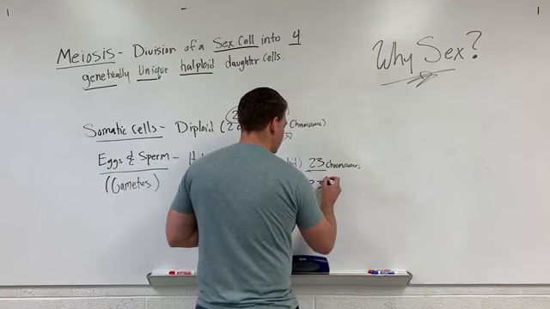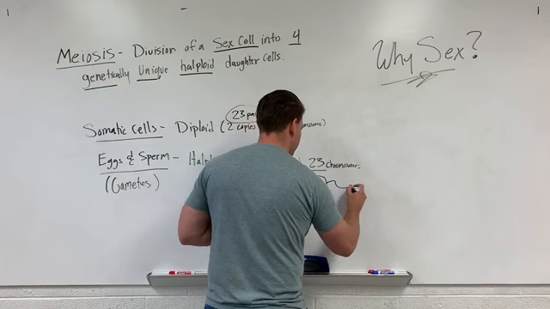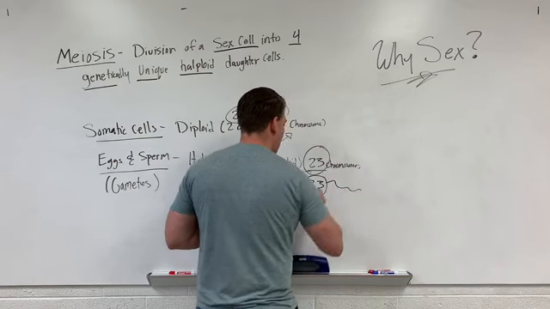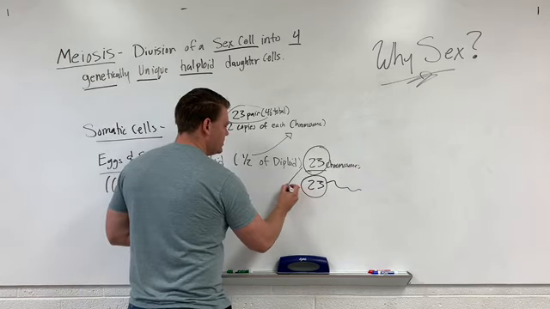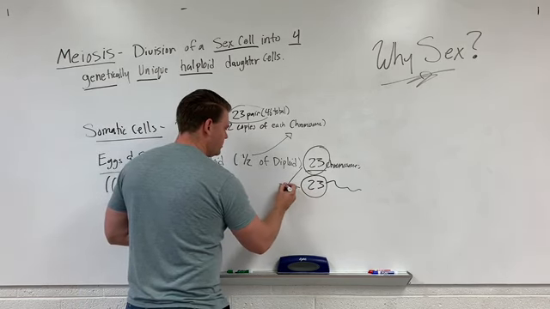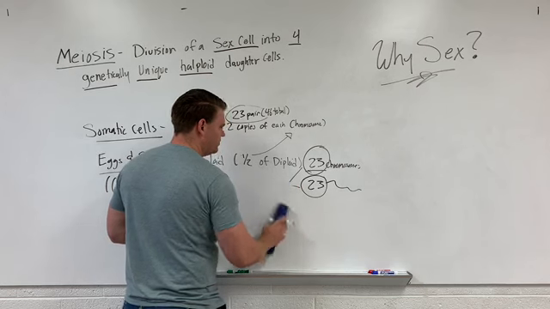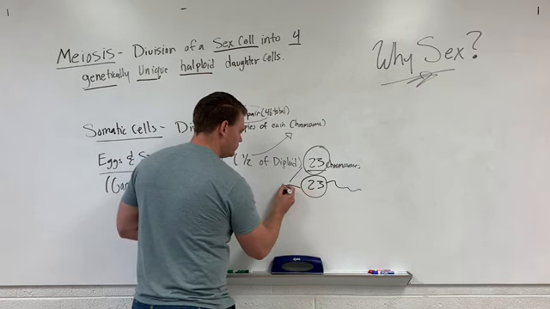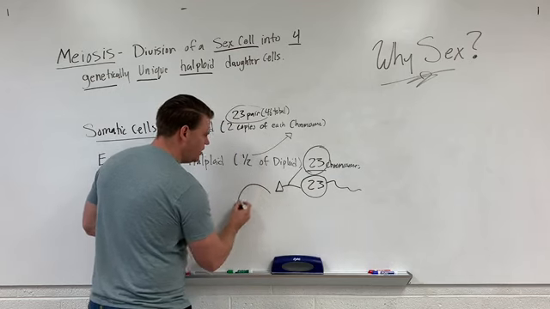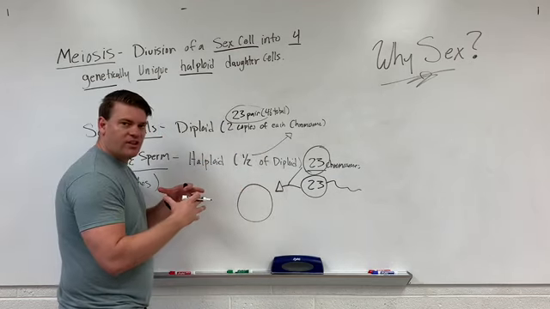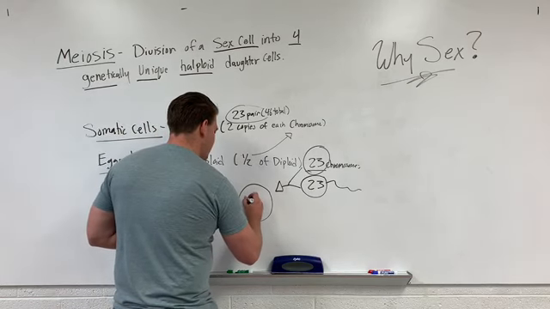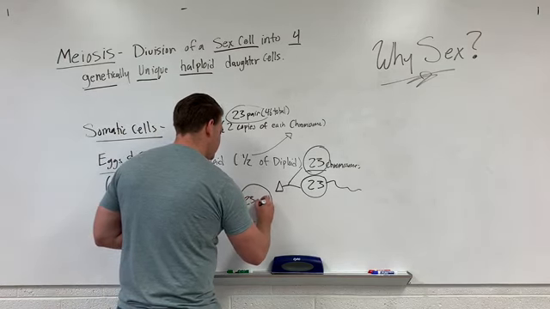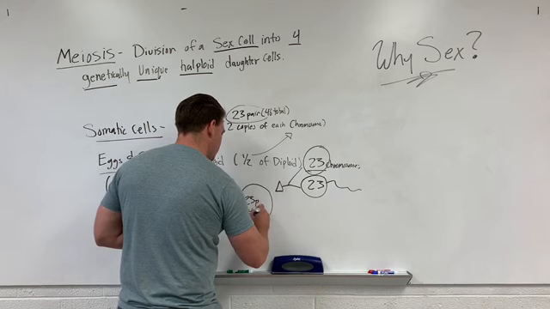So let's say here's our sperm and there's our egg. Both are going to be 23 chromosomes, and when they fertilize to make one new offspring, it now has 23 paired, which is a total of 46